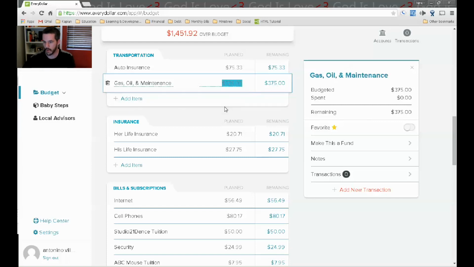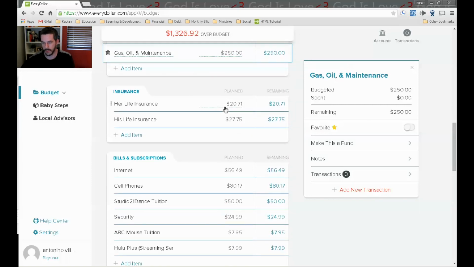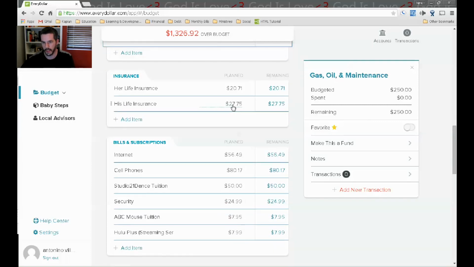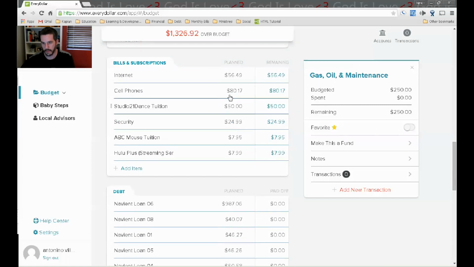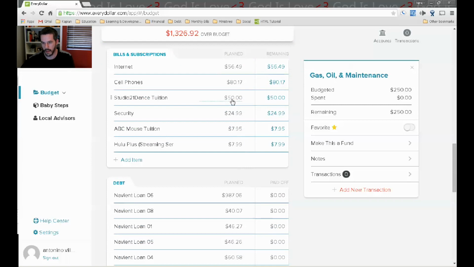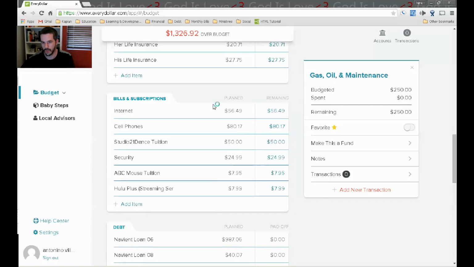All right, $125 from each paycheck goes to gas, oil, and maintenance, so it's going to be $250 for the month. Life insurance premiums stay the same. Internet expense stays the same. Cell phone stays the same. In June,